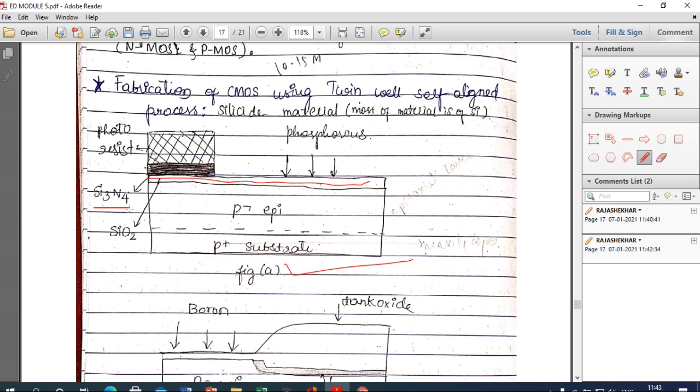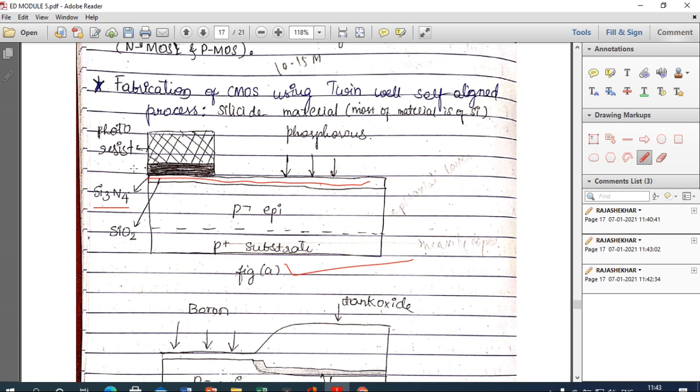Next, Si3N4. This is silicon nitride. Its role is that it will not combine with the oxidation process, and it is used in the wet oxidation, just to prevent short circuiting between the substrate and the terminals.